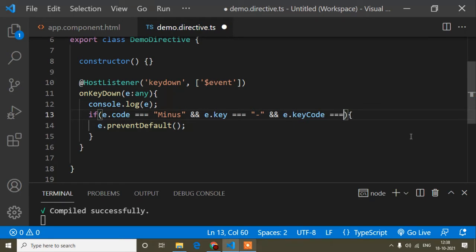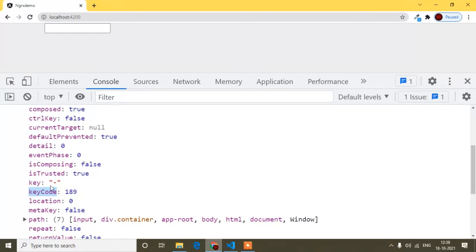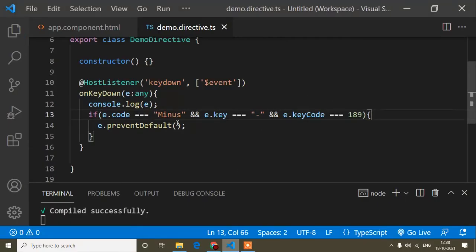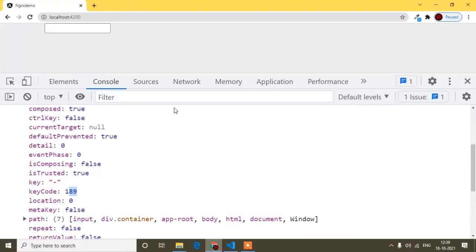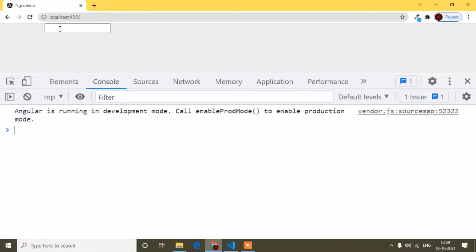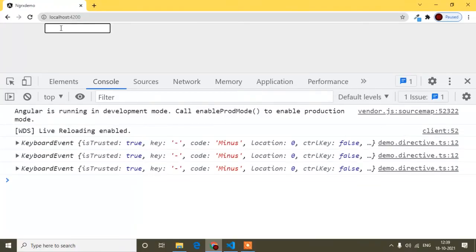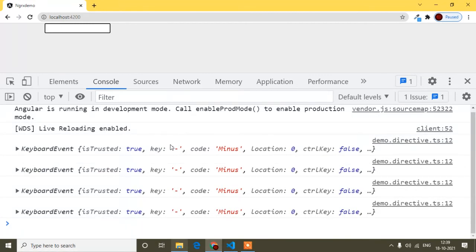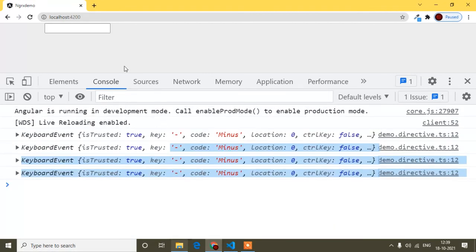Then triple equals to 189, because here you can see keyCode is 189. So now after writing that, here we can do the same thing.